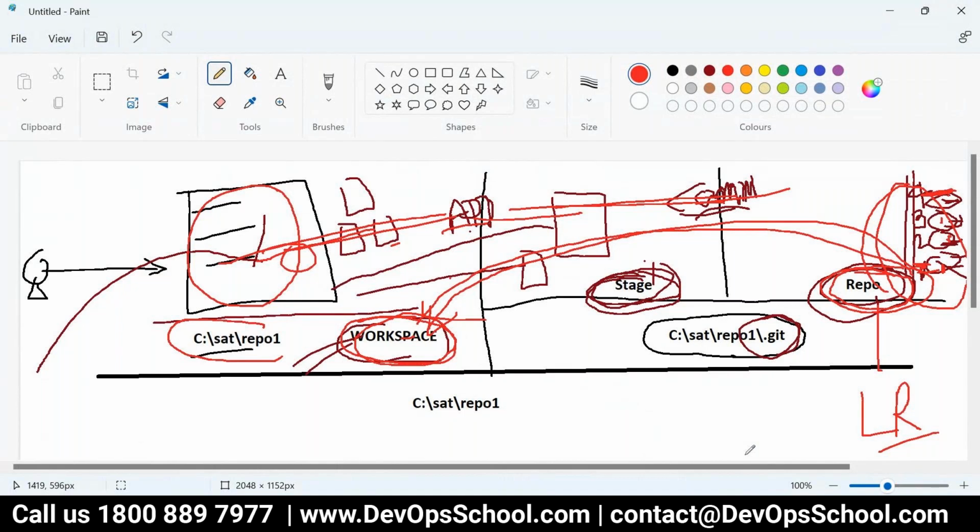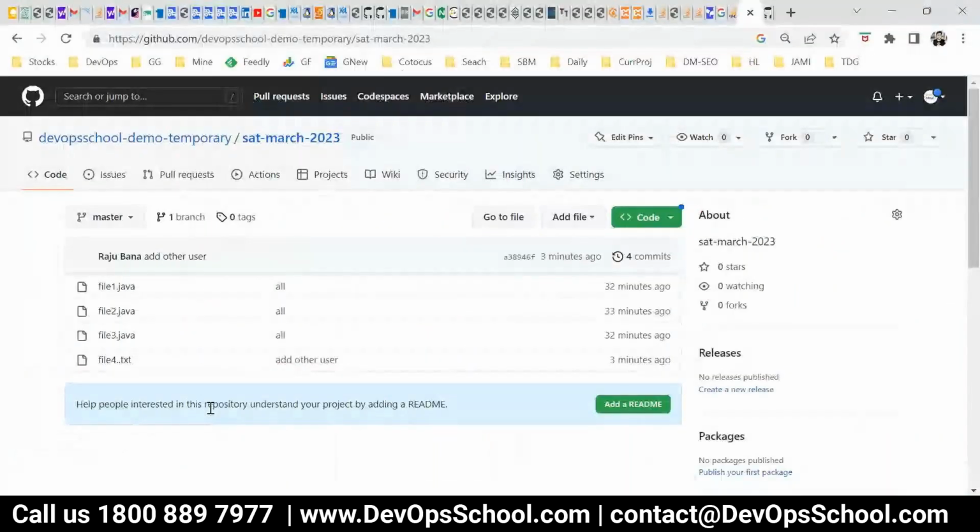Hardcode this statement. Everything you do in your local repo except push and pull. Push and pull you do with a remote repo, a central repo, and this can be your GitHub repo or GitLab repo or whatever it is. Bitbucket also. Make sense?